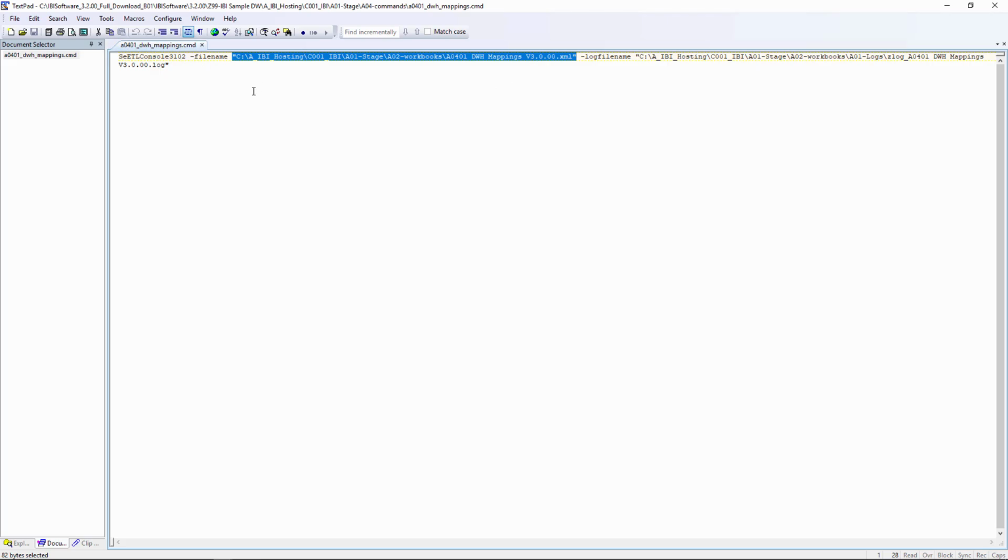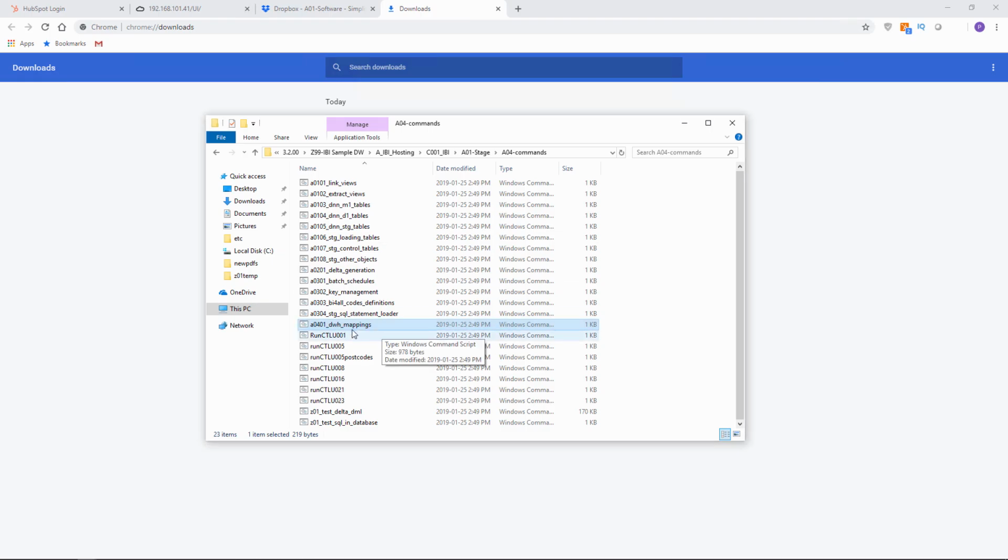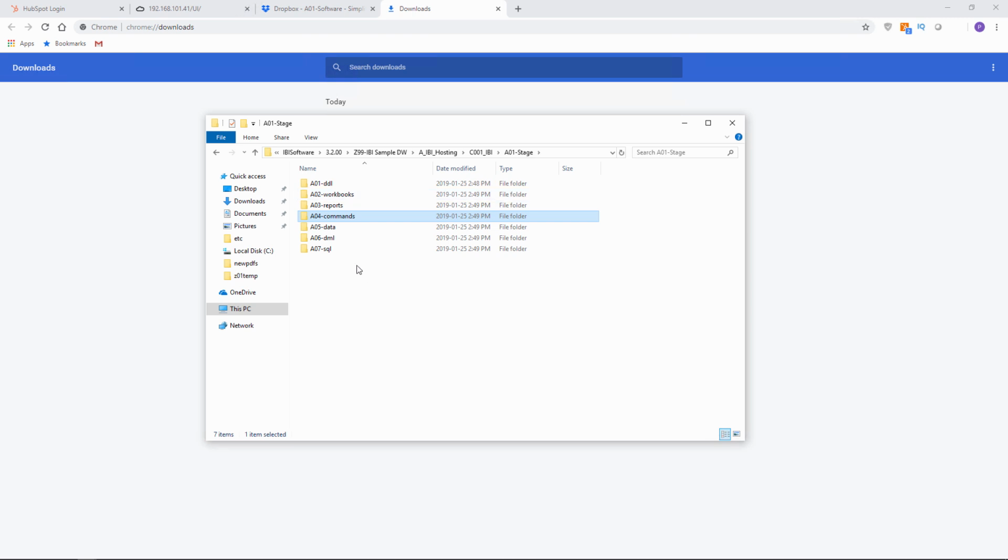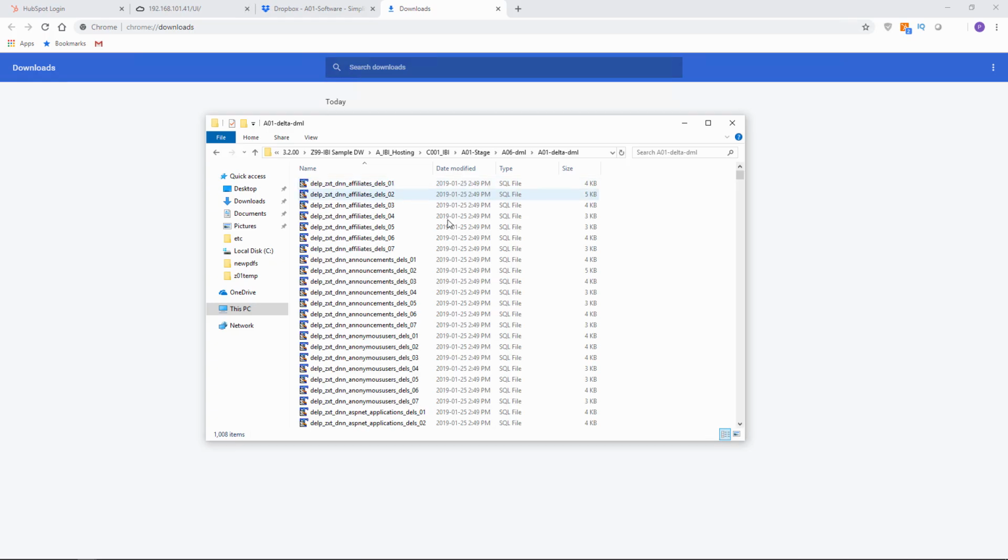So when you want to process a spreadsheet, you have these commands set up and you just double click on whatever command you want to run and it will run it. Okay? And you need to be pointing to the right places. It has a nice setup for data, and then the DML is your data manipulation language, and so you have Delta DML which gets generated. This Delta DML is Delta detection, and we have a way of doing Delta detection where